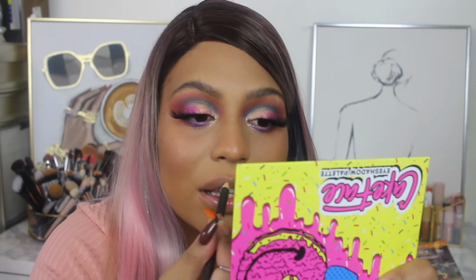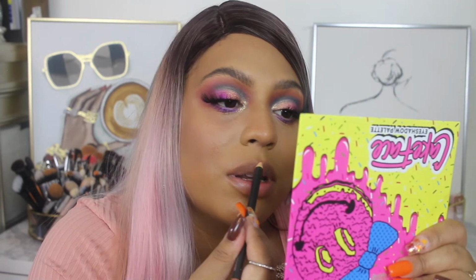It's looking a little bit light on me right now because I think I'm a little bit tanner. In the winter, it definitely looks like a deeper brown on me. I'll go back over it. And then I'm gonna take the shade